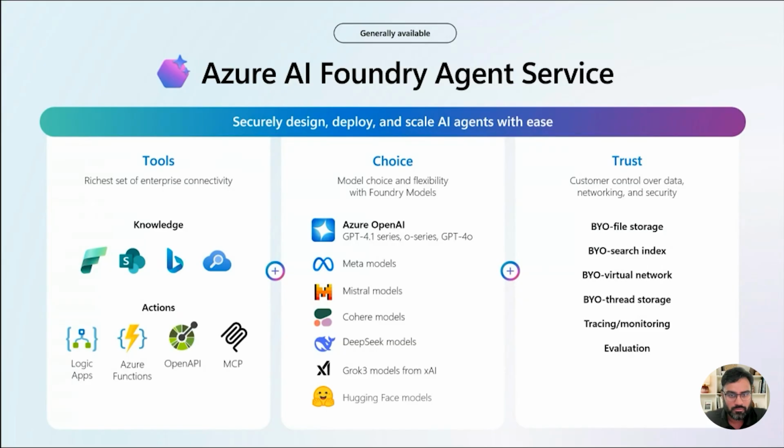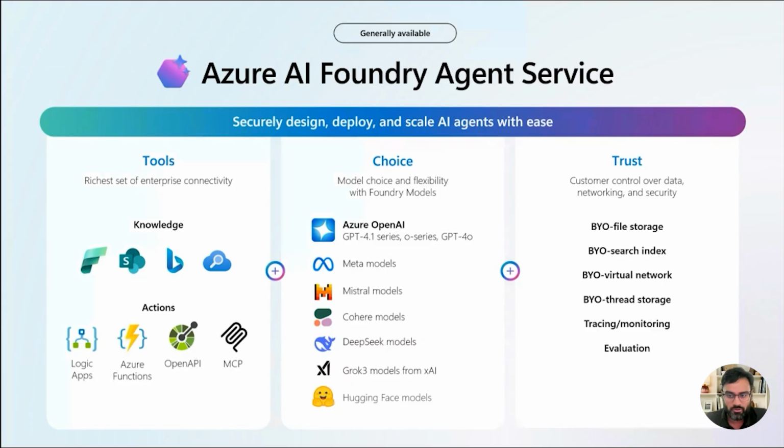So, what we thought is, since we are going into the next phase, now we brought Azure AI Foundry Agent Service, which is GA. So Azure AI Agents Service is a flexible, use case agnostic platform for building, deploying and managing AI agents, right?